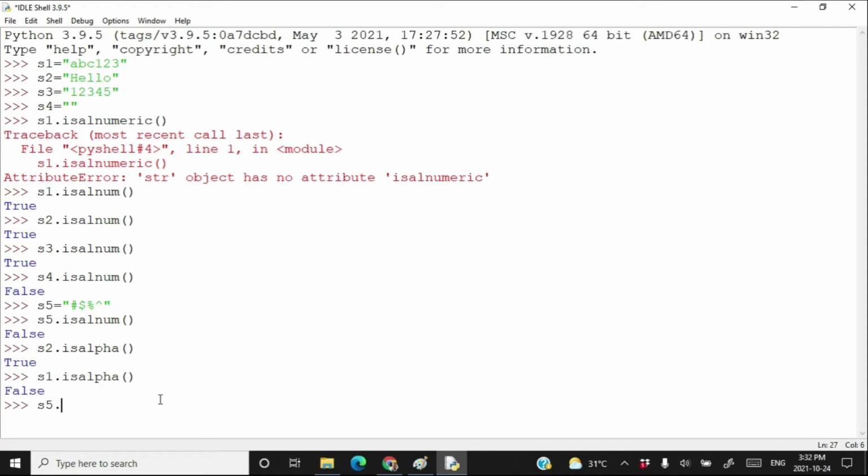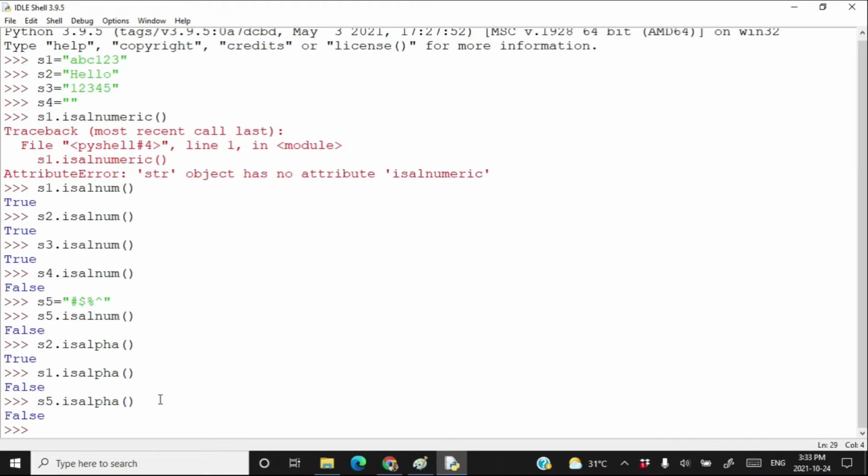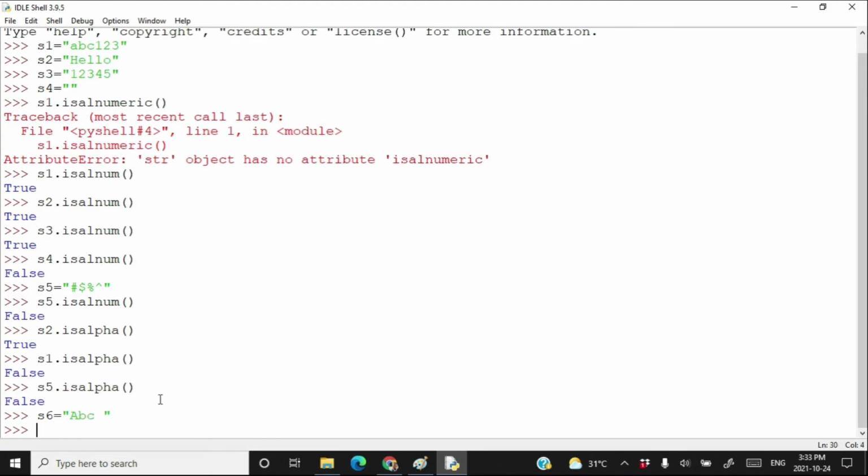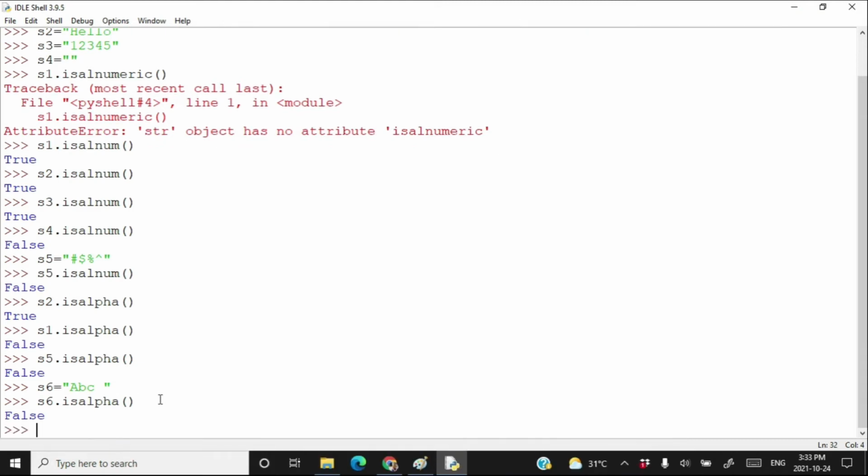So s5.isalpha will be false. If I create another string s6 is equal to abc and give a space, then s6.isalpha will also return false, because apart from the alphabets, a space appeared in the string.